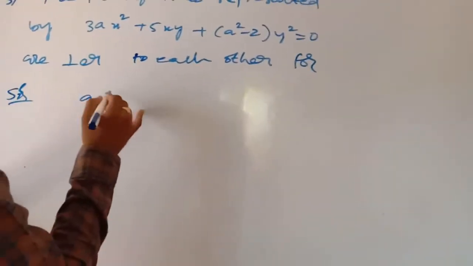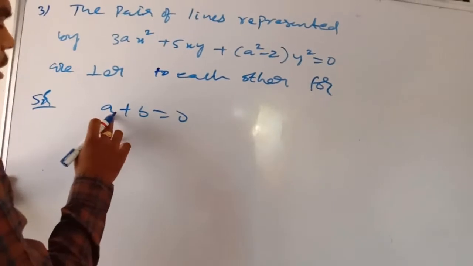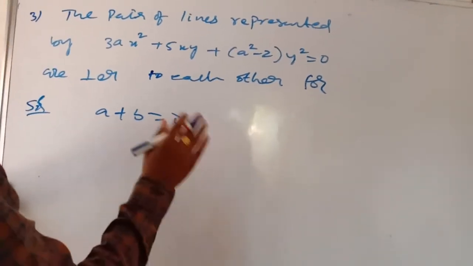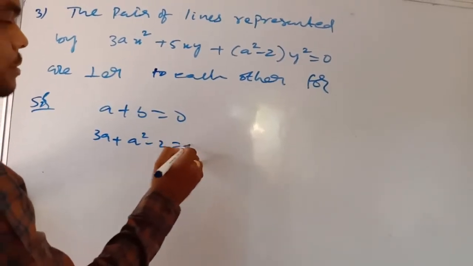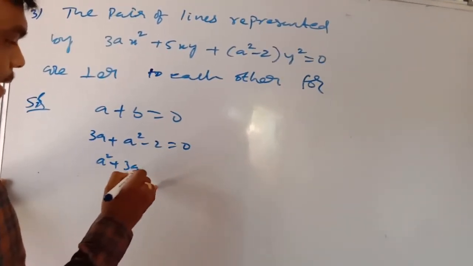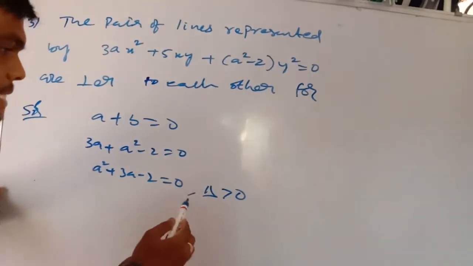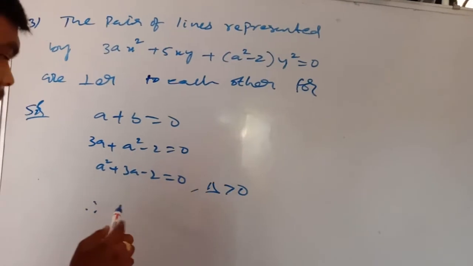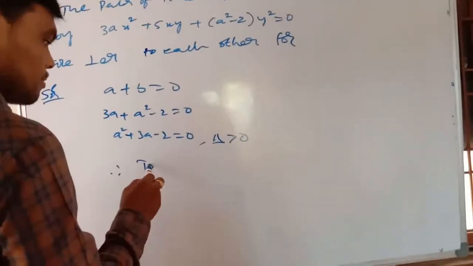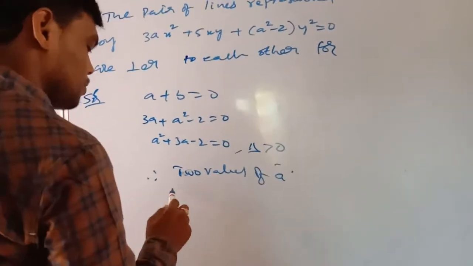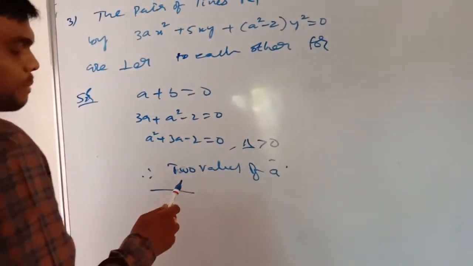Now here a plus b is equal to 0, but why? Given lines are perpendicular to each other. Now here the condition is a plus b is equal to 0. Here a is 3a, and b is y square coefficient a square minus 2, is equal to 0. Now this is a square plus 3a minus 2 is equal to 0. Now the delta is positive, so exactly two values of a. Now the answer is two values of a. Now see the material. Okay,